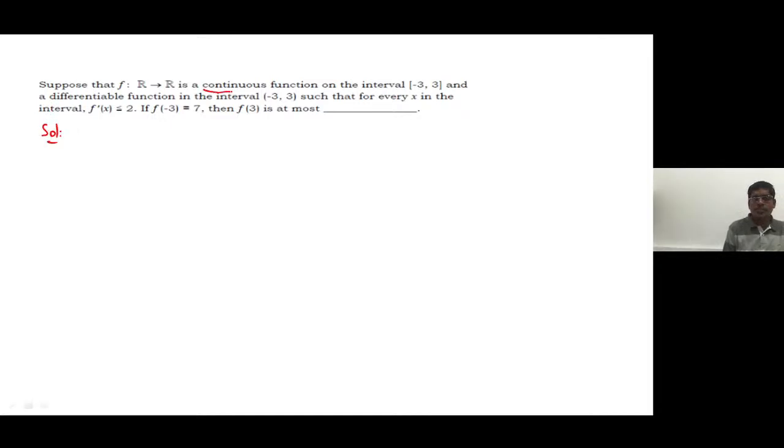So already the given function is continuous, differentiable, and this is the condition given for every x. They are asking f of 3 at most, where f of minus 3 is equal to 7. So by Lagrange's mean value theorem,